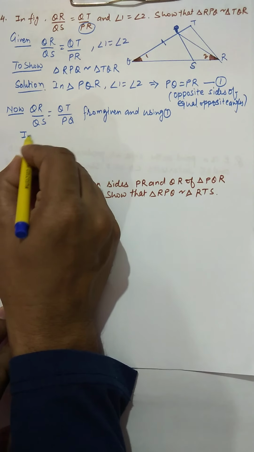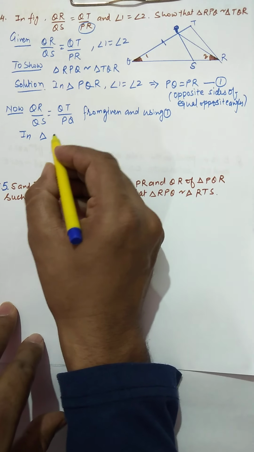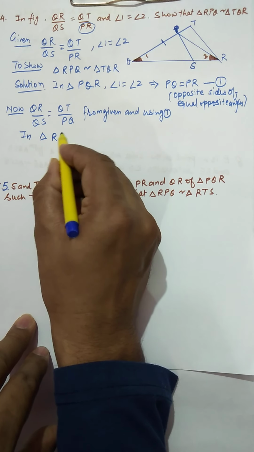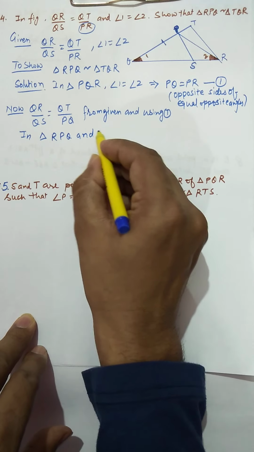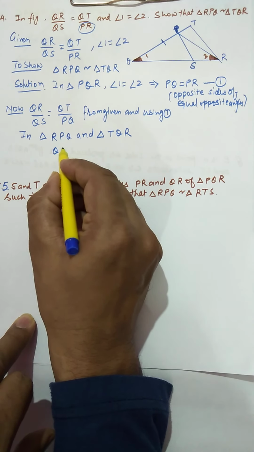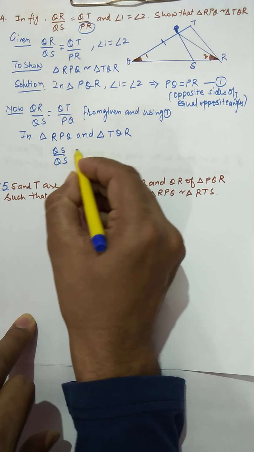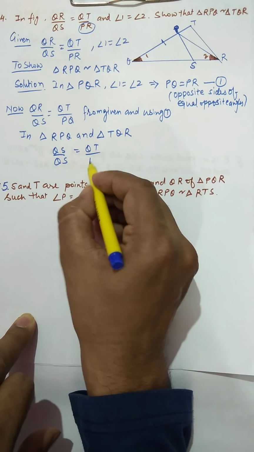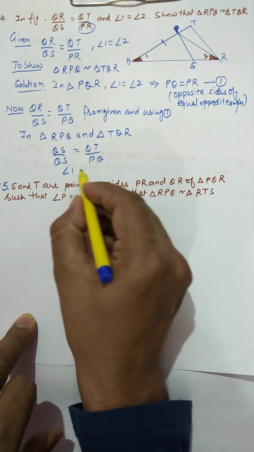So now we take the triangles which we have to prove similar. So RPQ and triangle TQR, we are going to get this QR upon QS is equal to QT upon PQ, and also angle 1